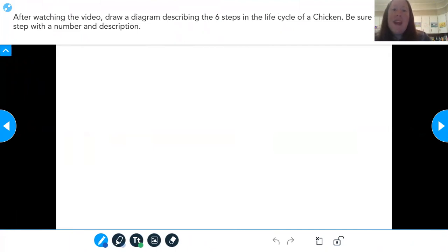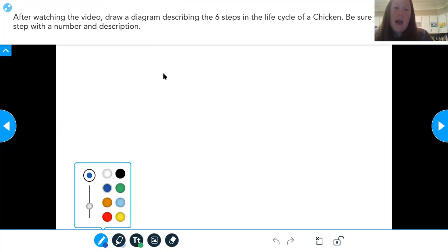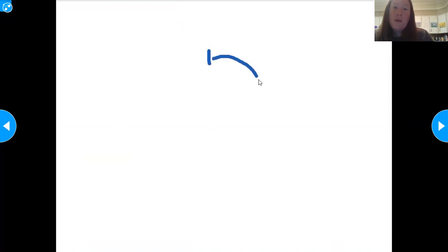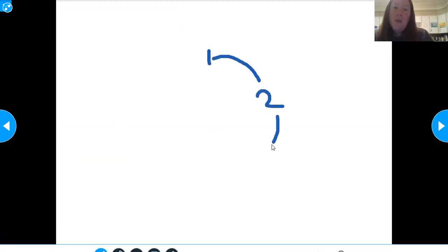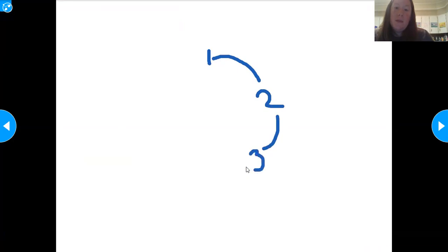And when I ask you to draw your diagram, it could be with just using the labels, step 1, step 2, step 3, and so on with your description. Or you can be creative and draw me pictures and label them with the different steps 1 through 6, okay? So that's your option. There's a couple different ways you can do it. We could always just simply draw out our typical where we start with step 1 and we go to step 2, and I'm not going to label it. I'm going to leave that up to you this week. Step 3, step 4,